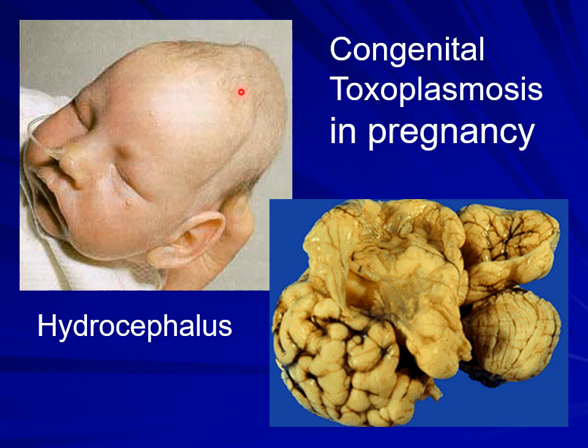However, if she gets it during the first trimester, it can cross the blood placental barrier. If first trimester, it is abortion. If second or third, the baby will experience different problems. One of them is hydrocephalus that you can see in this picture. And hydrocephalus means that you have expansion of the cavities in the brain that are more full of cerebrospinal fluid. This is what we call hydrocephalus.